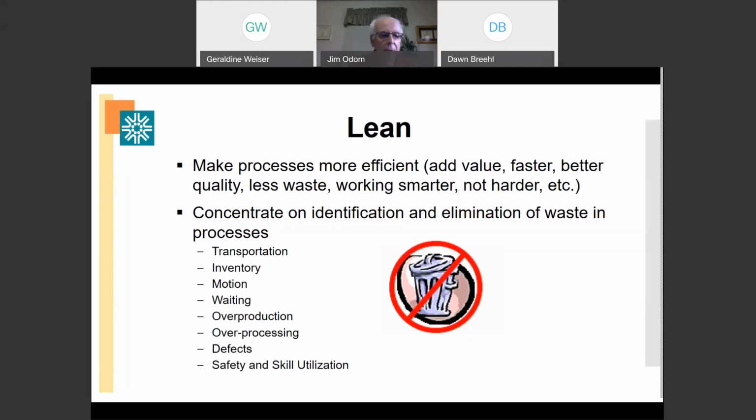Then we're going to switch gears and move on to the Six Sigma side of the house. Lean is all about identifying and eliminating waste, making our processes more efficient. But on the Six Sigma side, it's all about reducing and eliminating variation. And variation is our enemy. So we're going to be talking about what causes variation in our processes, something that's known as the 6 M's. I'll talk more about that when we get to that part of the presentation.